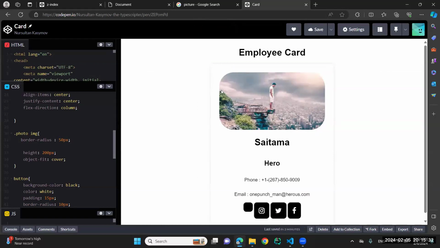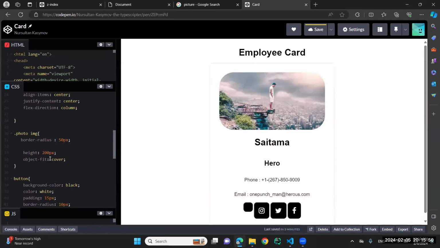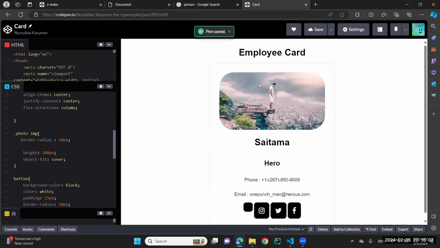Border radius 50 pixels. If you try to do not height, but width instead of height, like 150 width. And after it, can you give height and width the same pixels maybe? It's going to be a square and